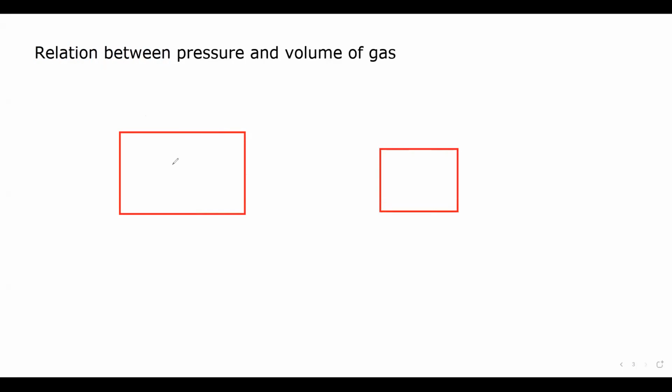This container is at 20 degrees. This is also at 20. An equal number of particles are there. In which container do we have a high pressure, A or B? Which container will have the high pressure? Is it A or B? We already discussed this part. So that is B. So B will have high pressure